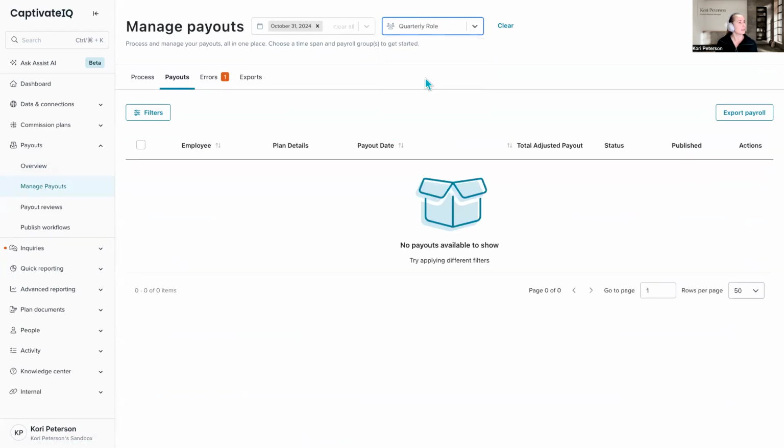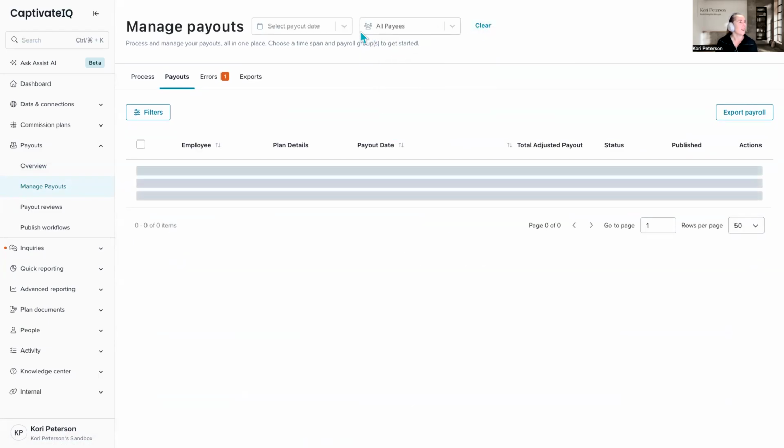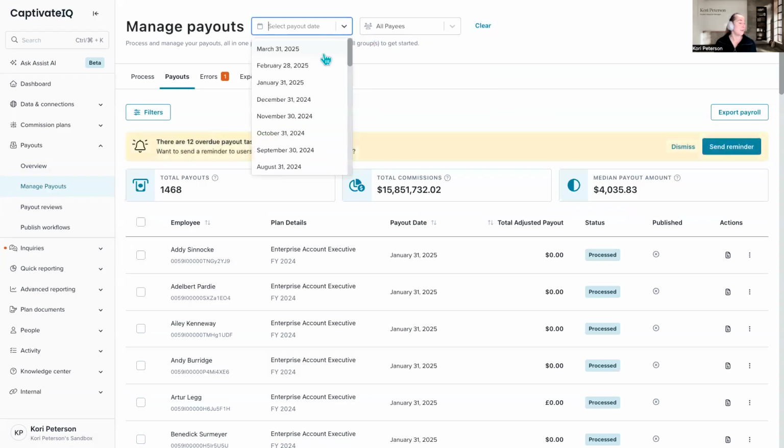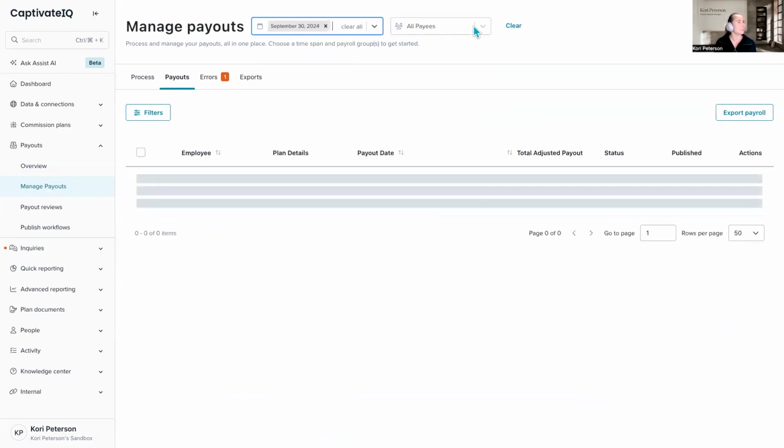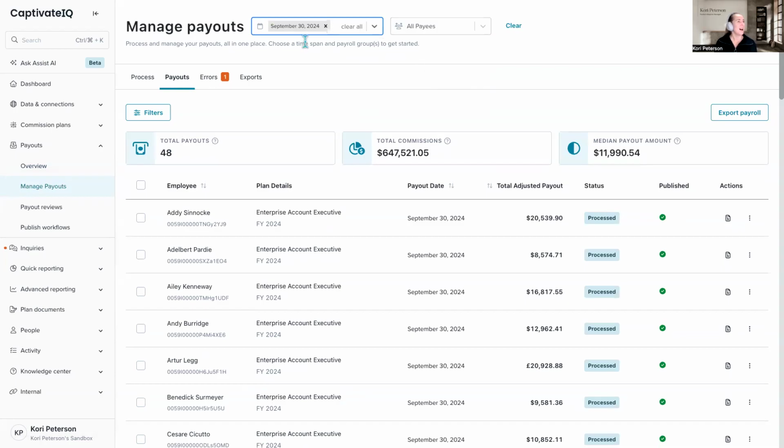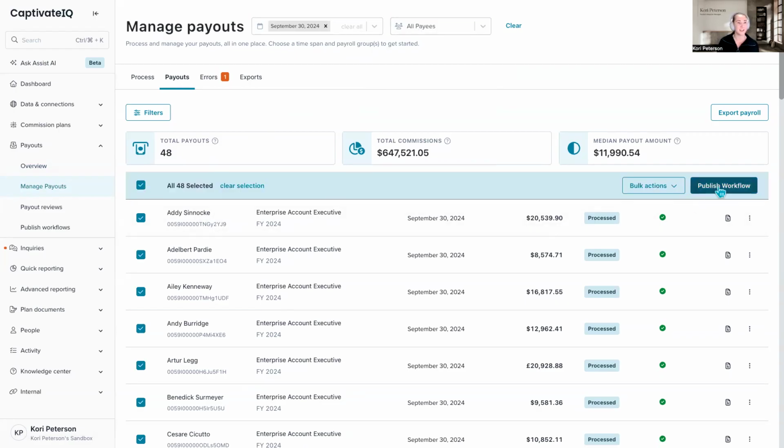Let's see. Okay. I haven't processed in a while. That's embarrassing for me, but that's okay. But you can designate that payroll group. And again, that will filter everybody out for you so that you're only looking at the people within that specific group. And then from there, I can continue forward with any published workflows.